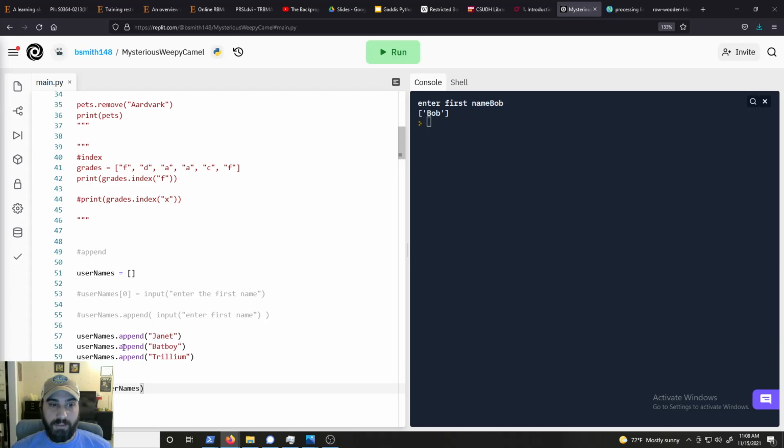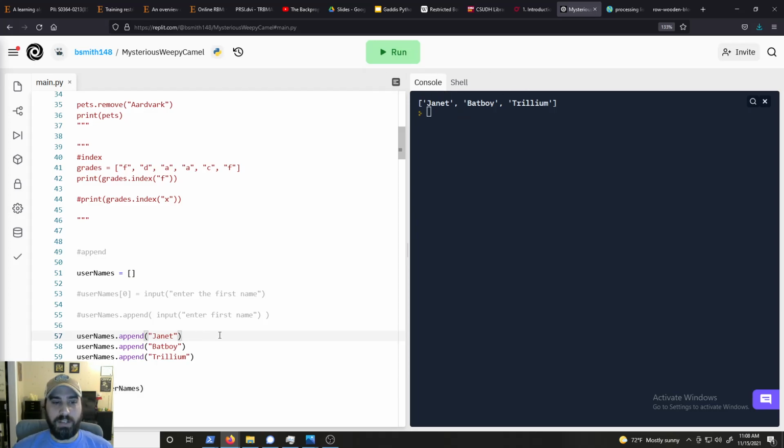Okay, now that we have that, usernames has 1 element. Now we're going to append on the end of that list Batboy. So now we had 1 element, and we're gluing onto the end. We're adding a new element with the value Batboy, and we do it again for the 3rd time. So to append means to stick onto the end of it without changing the original contents. So if we print all of usernames now,